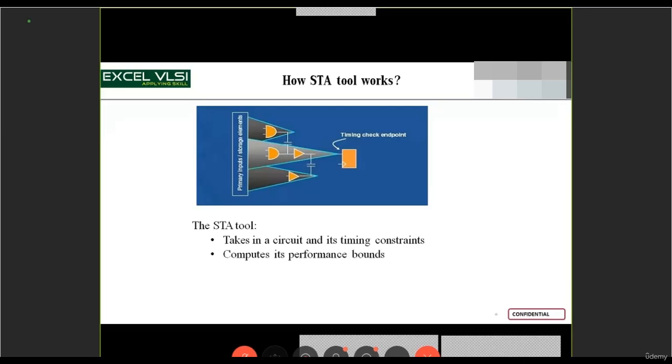So first it computes its performance bounds. Once you write a timing constraint, the performance is, you just give the frequency at which your circuit has to function. So first it analyzes or computes what is the complexity of the circuit. How do I analyze the timing? According to the frequency that you have mentioned in the timing constraints, then it will compare them against its